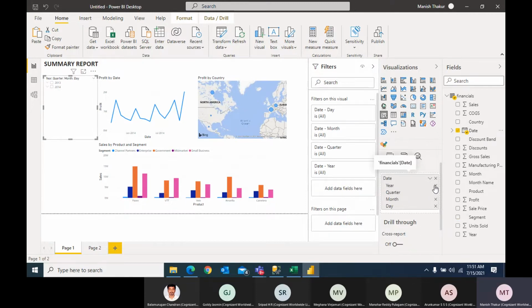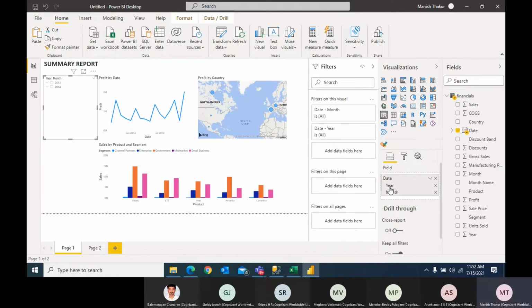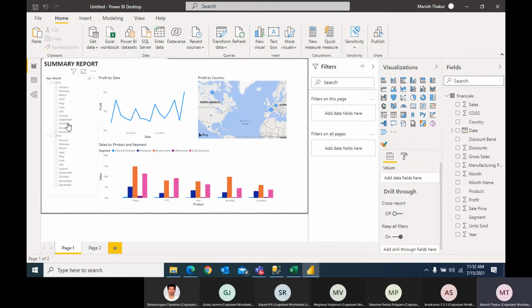So if you want to show the report in the form of quarterly, year, monthly, just keep it like that. So I will get only the monthly reports. If you drag, you'll get it for all the years and month-wise. You can show your report like this, just like a kind of optimization.